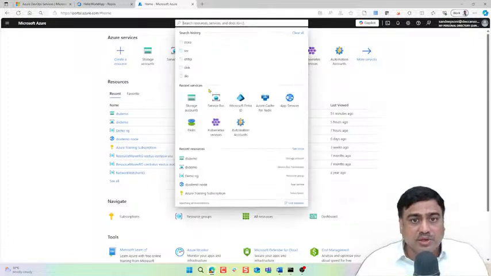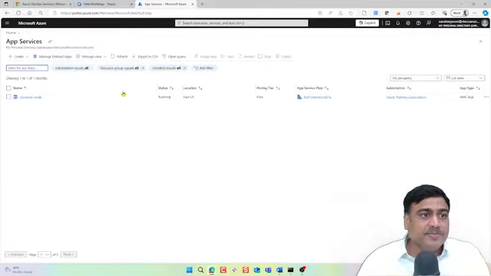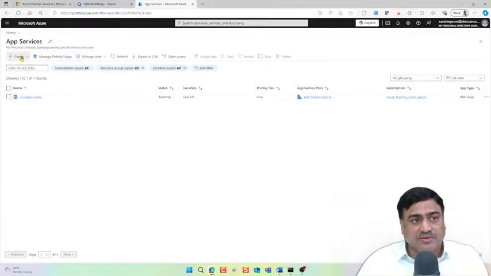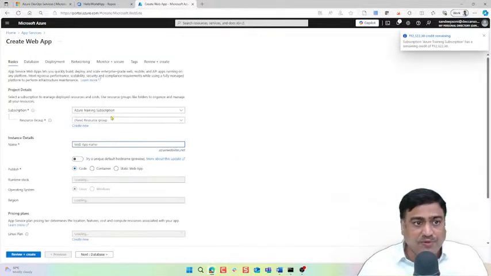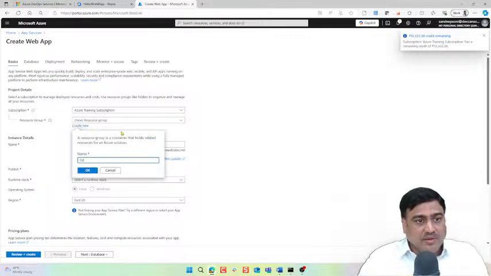So I'm going to create an app service now. Go to app services. I'm going to create three app services. One app service I would like to use for the dev environment, one for QA, and one for production. So let's say